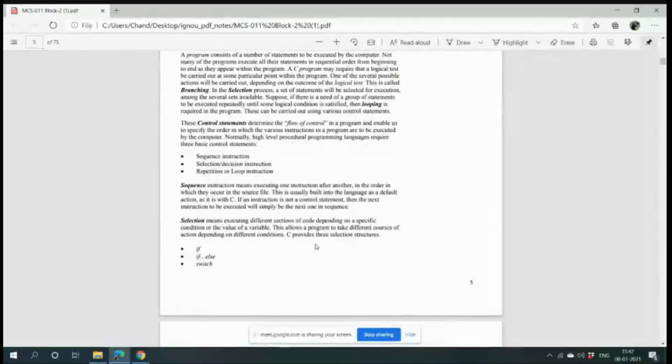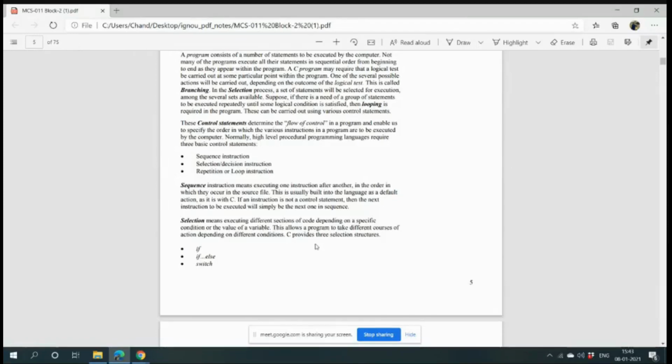See, in C, suppose we are trying to write the programs. So there are various type of instructions. Number 1 is the instructions which need branching. Suppose you ask that for all the numbers we try to print the odd numbers. So you need one number to check. Suppose I am giving you a number. You tell me whether it is odd number or whether it is even number. Achha, this is one condition.